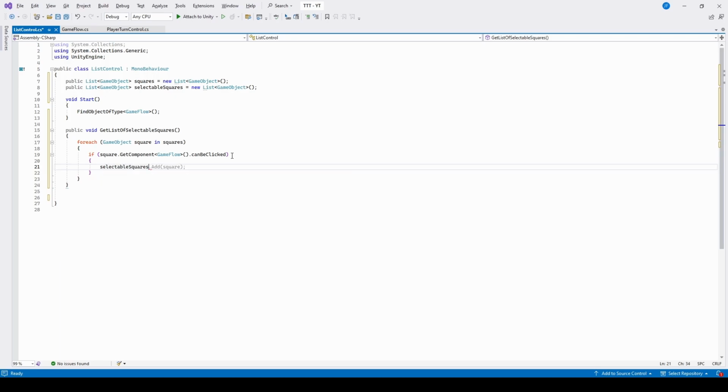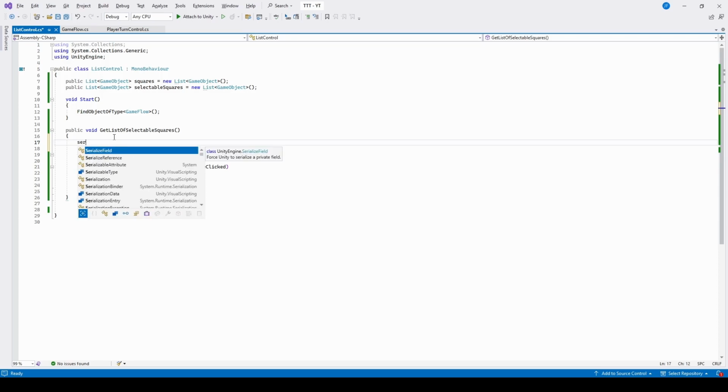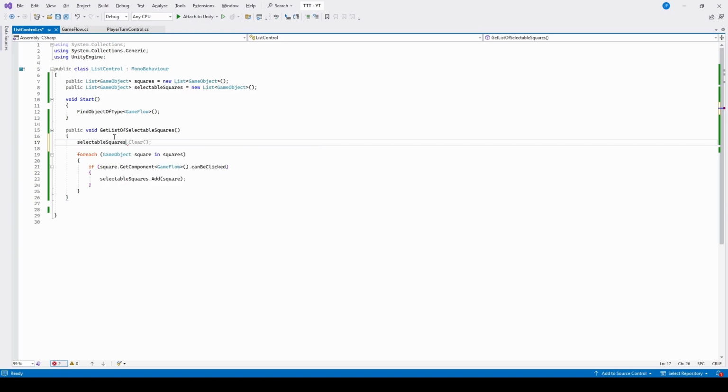So this is going to be selectable squares dot add square, and we're actually going to have this trigger off of a click. So off of player one's click is what we're going to be doing. So we're going to want to clear the old list before we do this every click, so that way it removes all of the old squares and then only adds the ones that are still marked as can be clicked. So what we'll do is we're going to say selectable squares dot clear up here before we go through the